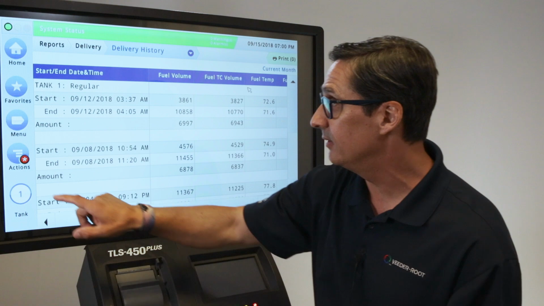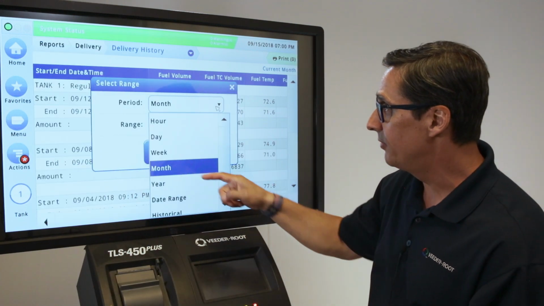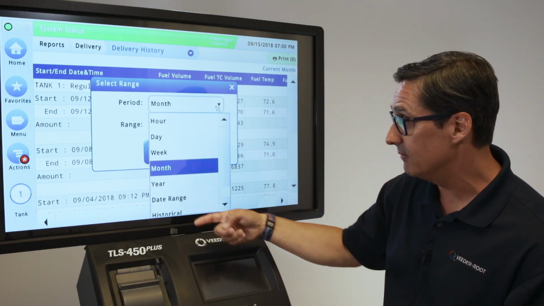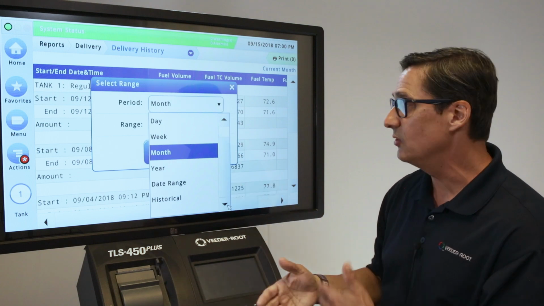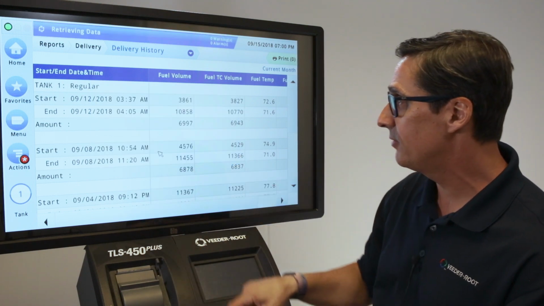Under the actions button, I can go in, I can select a specific range again: month, by hour, by day, by week. I can do it by year, I can give it a historical or date range. So it depends on what you're looking for. Most people are doing it by month, so I'm going to look for the current month, click on it, and it's